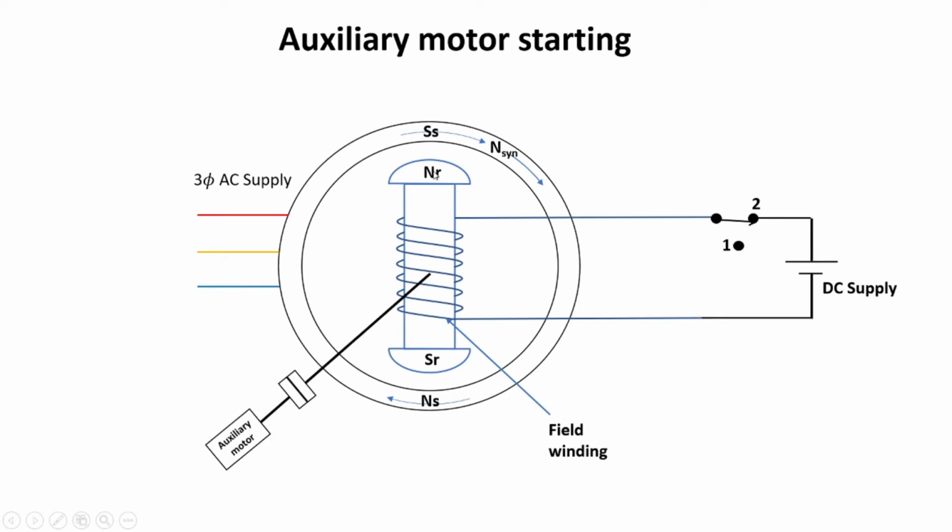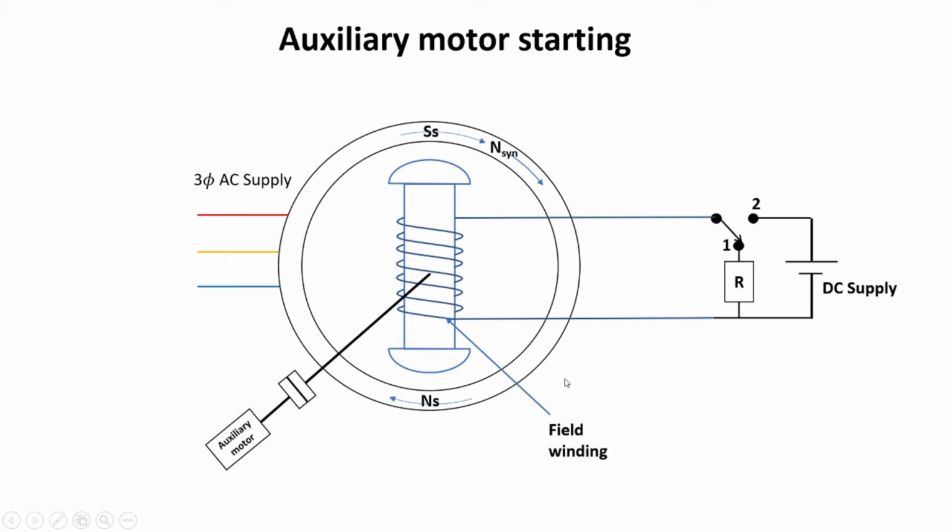So magnetic locking between stator poles and rotor poles comes into the picture. Thereafter, a continuous unidirectional torque is developed on the rotor and the rotor continuously rotates at a speed equal to synchronous speed. Auxiliary motors start becoming more effective if we connect a resistance across the field winding during the starting time.